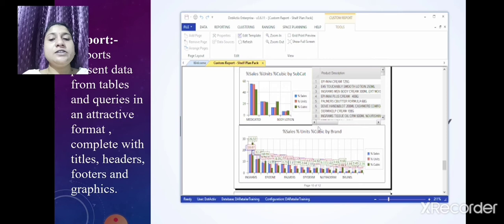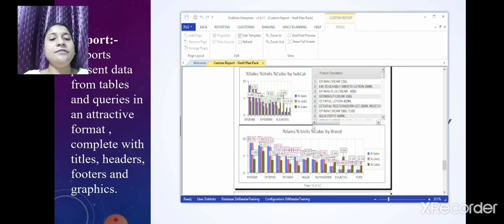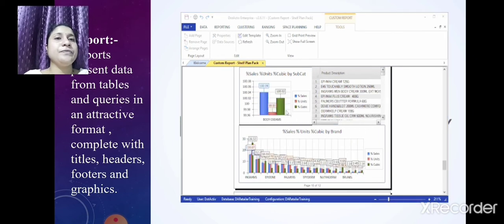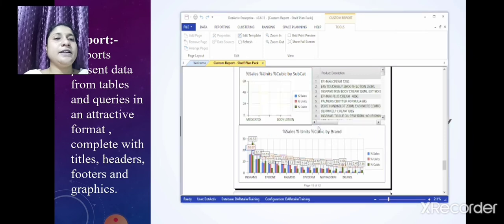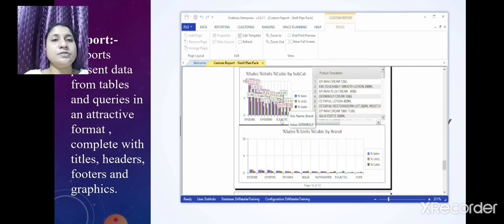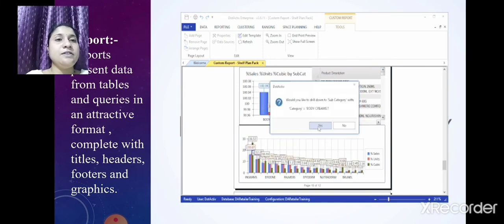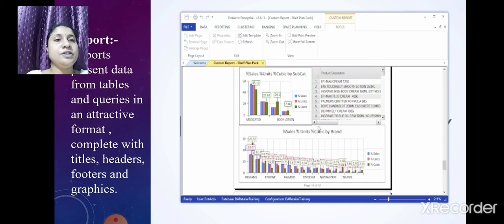So this report presents the data from tables and queries in an attractive form, complete with titles, headers, footers and graphics. See here, when you run that data, how it will look. You can see the data in graphic form, where the header and footer are given, even the title is given, percent sale, percent unit, cubics.